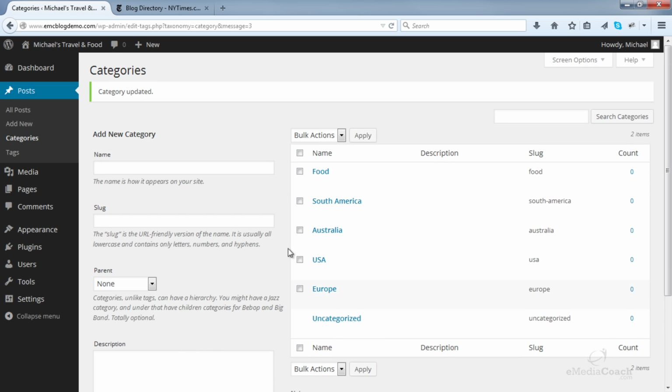You can come back in, add more categories, or delete any existing ones. The categories also link in with what I'm going to show you next, which is the URL structure options that you have.